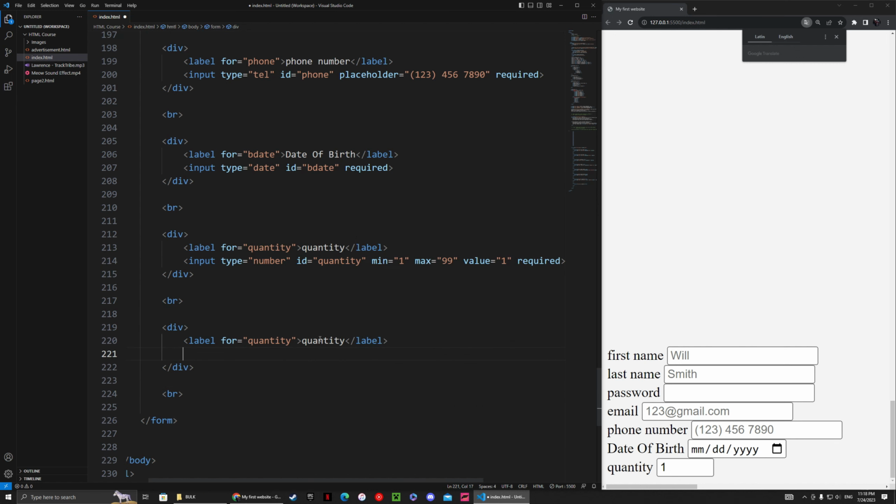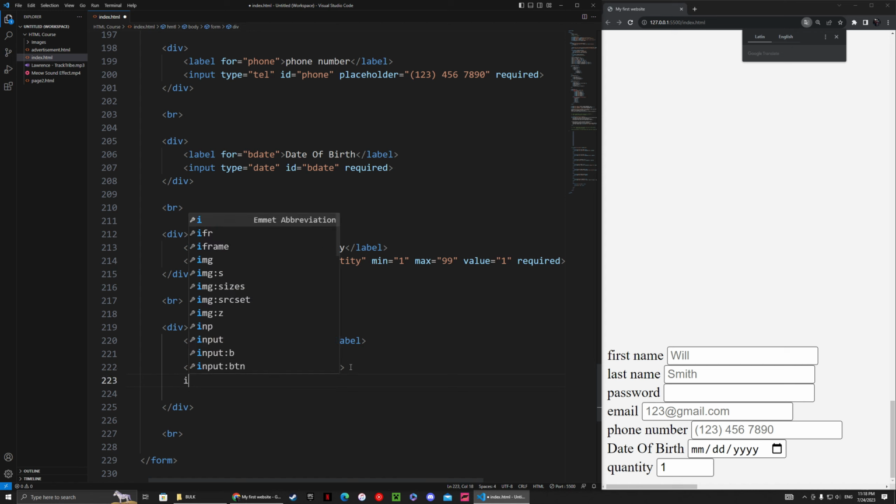Okay, this next part is a little complicated, so bear with me. It's a bit confusing at first. So label for title, and we're gonna name this title, and then we have Mr., Mrs., and Doctor. So label again for Mr., close that, and then we're gonna name it Mr. Input